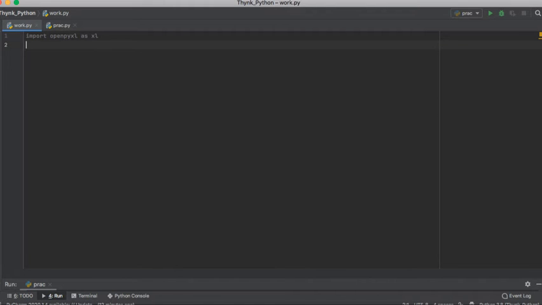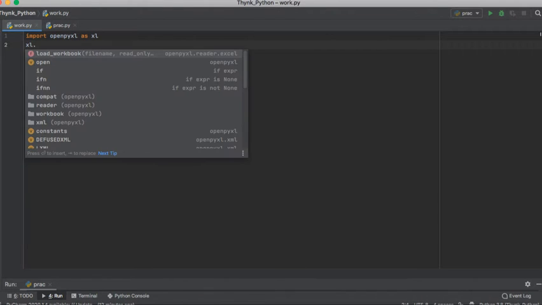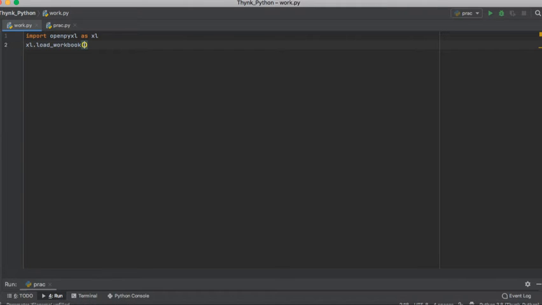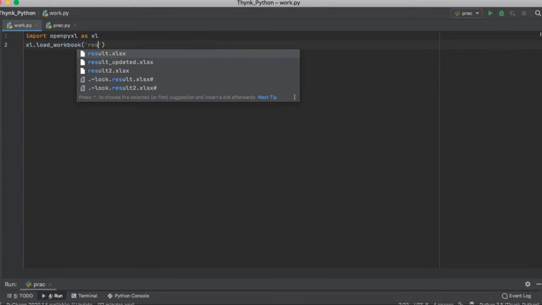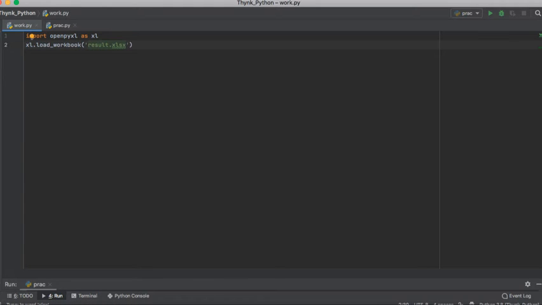So to load the spreadsheet into PyCharm, we have this method called excel.load_workbook. Now inside the parenthesis I need to specify the name of my workbook. So the name of my workbook is result.xlsx.